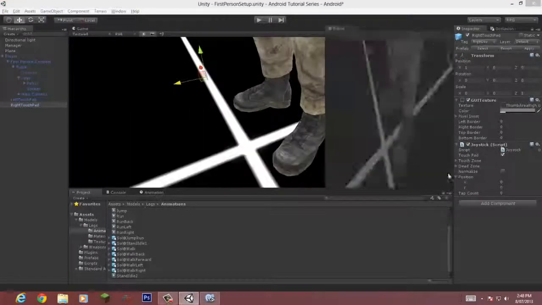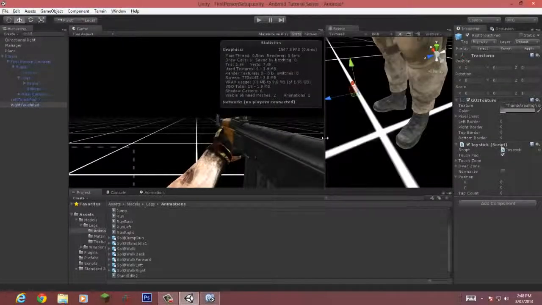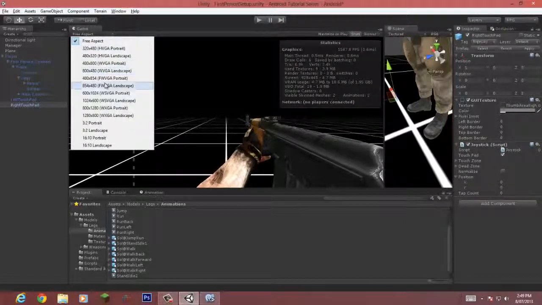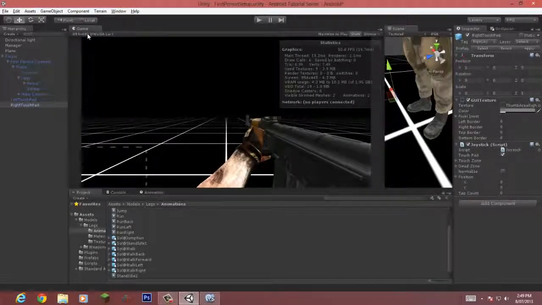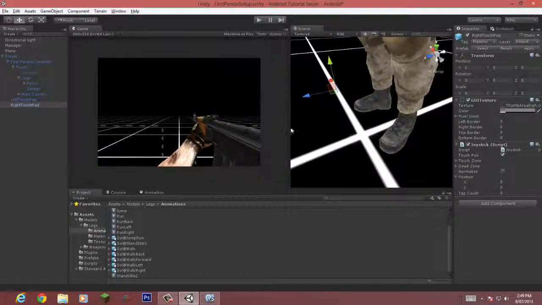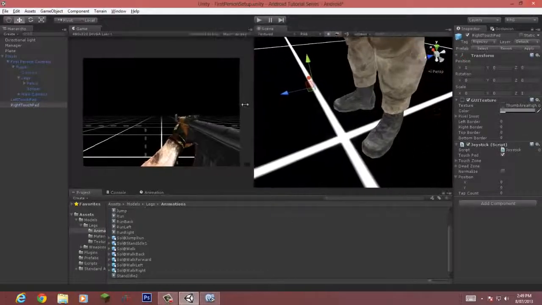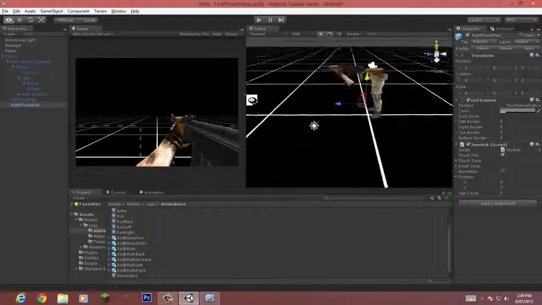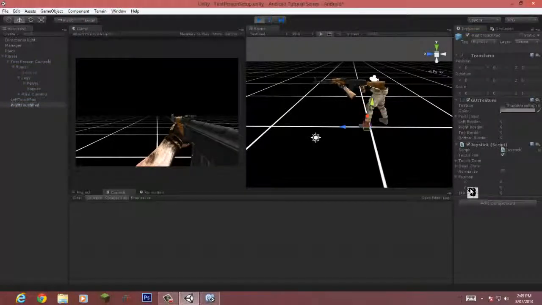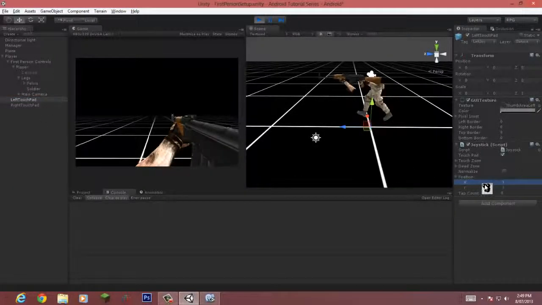I'm gonna grab this, drag that over there, just for now. Let me actually switch this to be something a bit more manageable, like this. I'll drop it down even further, just get something like that. Get rid of the stats. So we're gonna wanna watch what happens in all three of these windows at the same time. So let's run it. So if we were to go forward, that sideways,